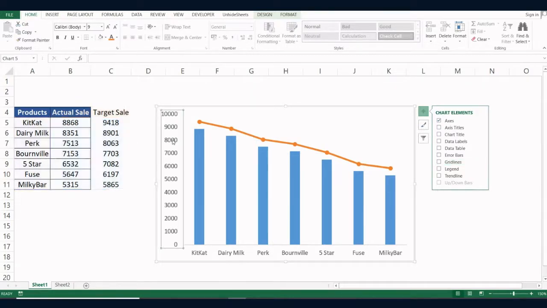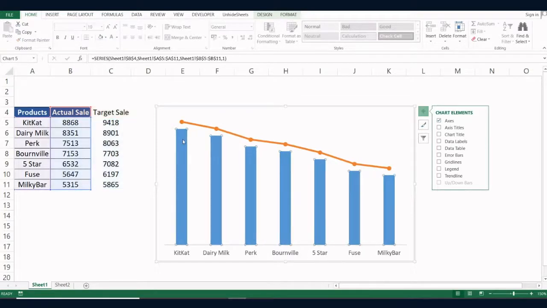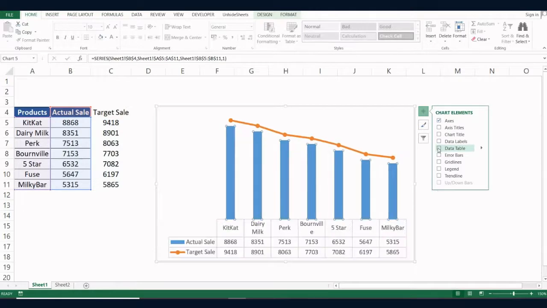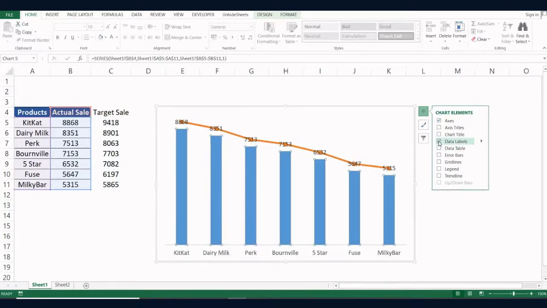Now for the y-axis, I'm going to delete it. You can also delete it from your keyboard. I'm pressing the delete key. Get rid of this y-axis and let's add some data labels. So select this element, the bar charts, and then click on this icon, data labels, not data tables, data labels. They are sitting outside of my bar and they are overlapping with my line chart. So let's change their position.